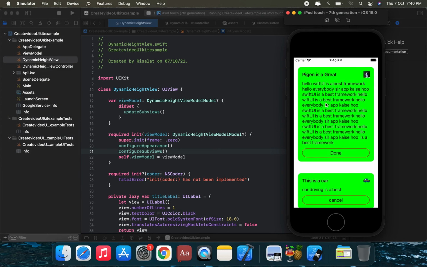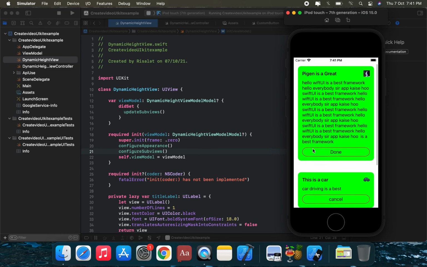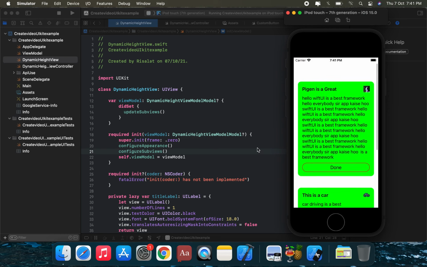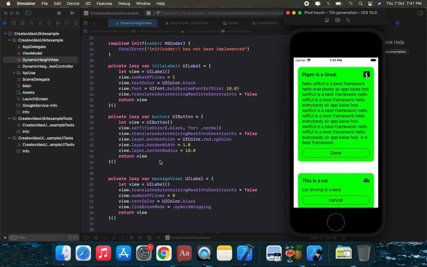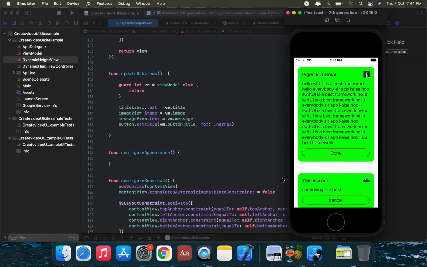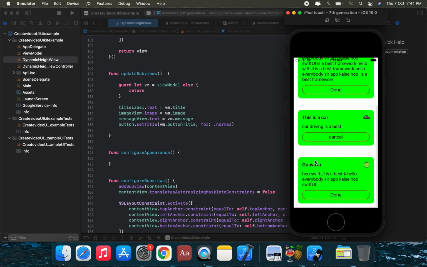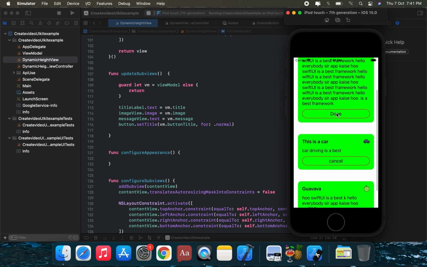This is the shown card. This pigeon is great, and suppose this is a dummy card. Okay, and we're gonna apply this. Suppose this color is the container view color. We're gonna add, suppose this is a container color. This card is a dynamic height card. Suppose in this card you can add a description. For example, if the description length is larger, in that case our view should increase to fit the description inside it.